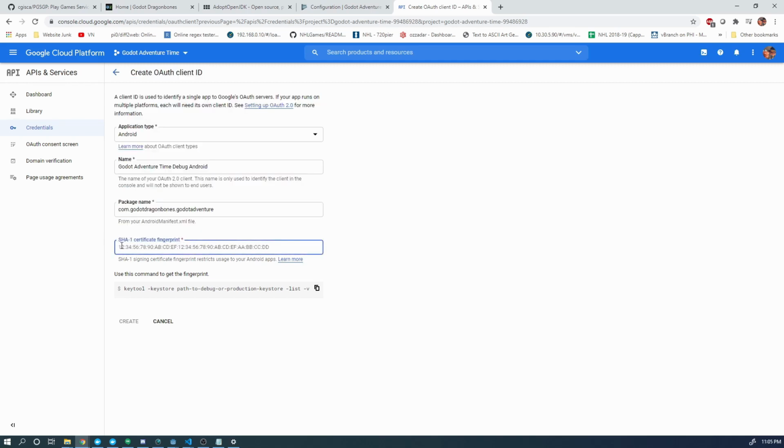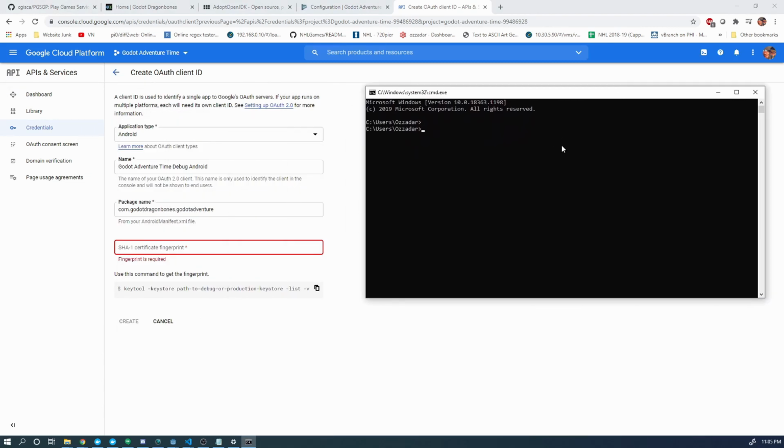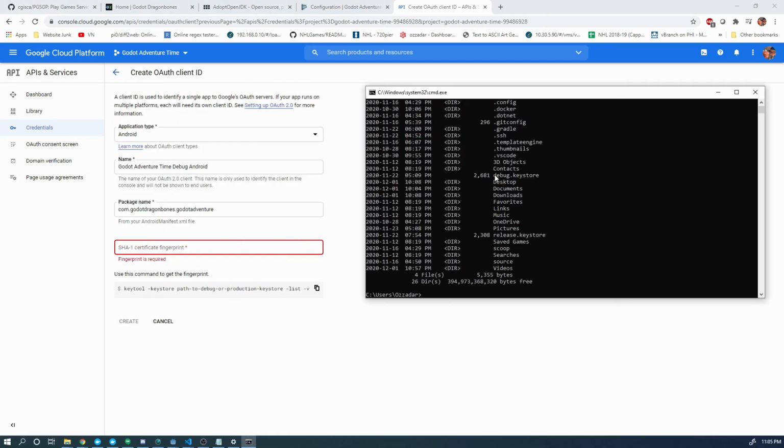And then we need your keystore fingerprint. They give you the command you need. So you have this here. What you're going to want to do is, again, open your terminal, which I showed you how to do last time. And then you should still have your debug keystore here. So you're going to want to go keytool,